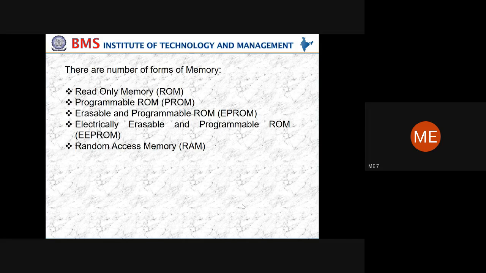And then we had the erasable and programmable ROM. By using the erasable and programmable ROM, we are able to erase the content of the ROM and rewrite the content. That is, subsequent programming can be done. So that is programmable ROM, that is PROM. Then we have EPROM, that is erasable and programmable ROM. The term EPROM is used for ROMs that can be erased.